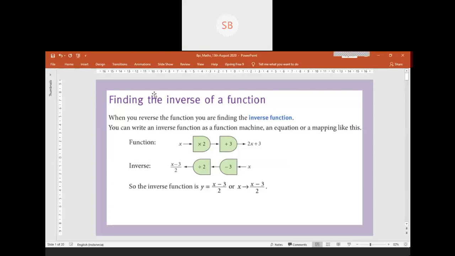An inverse function is the opposite of a function. Inverse is the opposite way of rewriting the function. Inverse, reverse, we do the same thing. So all the rules in here, we reverse it, we do the opposite. Like this is times 2 plus 3. Usually we do it from the left side, now we do it from the right side.